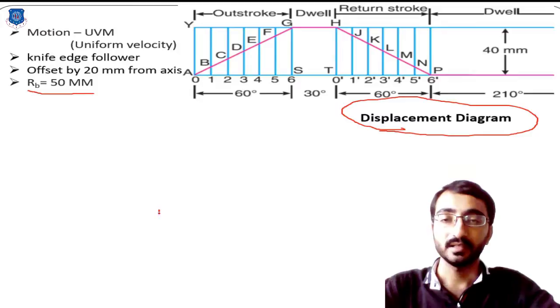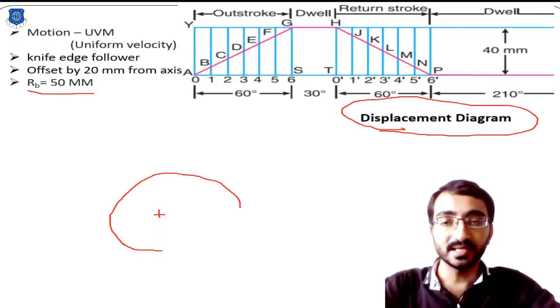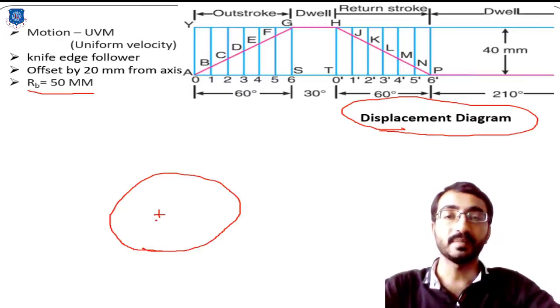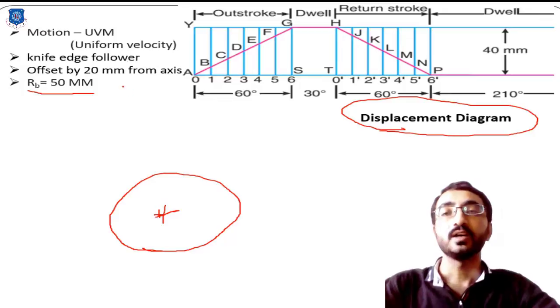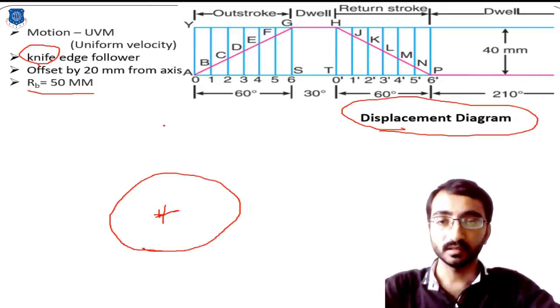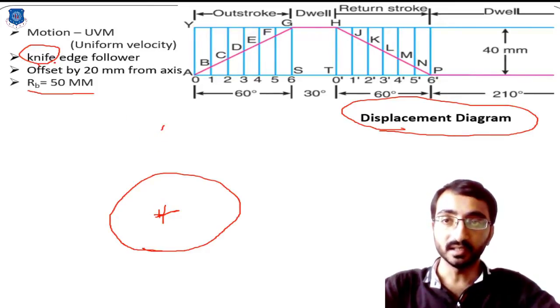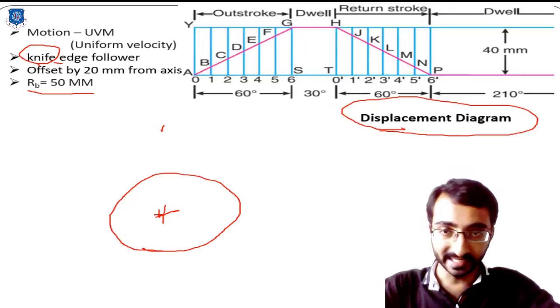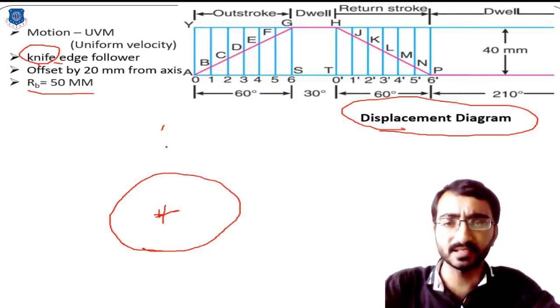So step 1 is simply we need to draw the base circle that is of 50 mm. Okay, now on this base circle we have to draw the type of follower. Over here it is given as knife edge follower. So if you consider knife edge follower, but in radial case, if you refer the previous numerical,